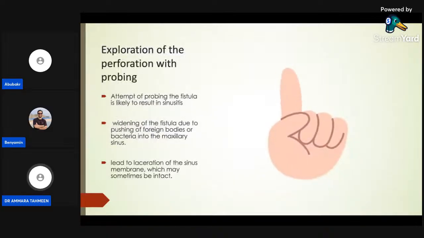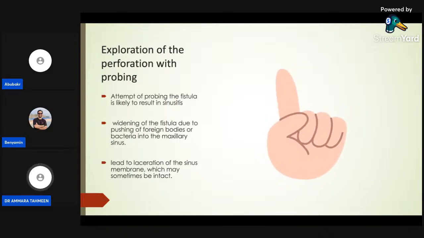So there's another method, which is usually not recommended, that is the exploration of the perforation with probing. Usually if there is any communication present, it is best to go for radiographic investigation. A periapical radiograph on chair side is the best method to identify the small oroantral communication. If you attempt to check with probing, it might result in the enlargement of the fistula if it's very small, and it may also lead to secondary infection due to the transportation of microbes from the oral